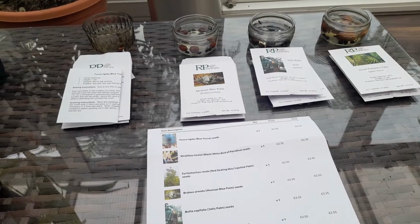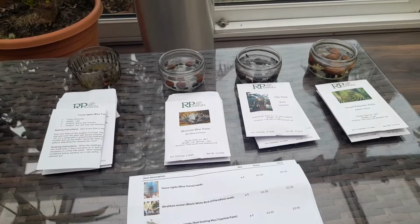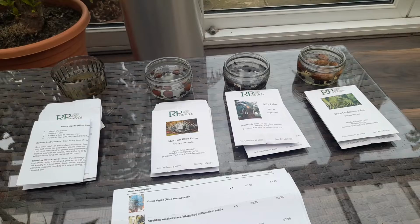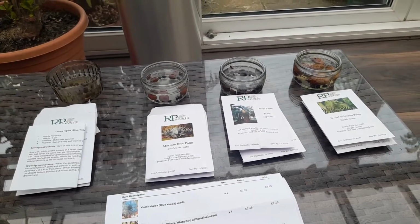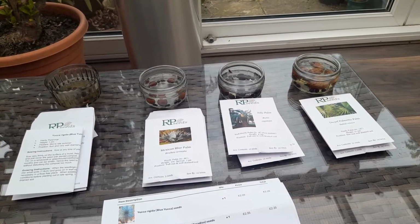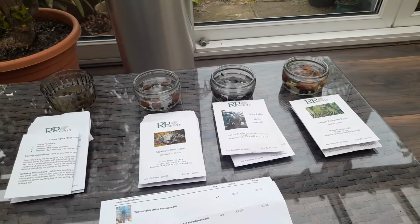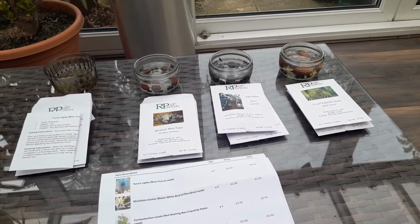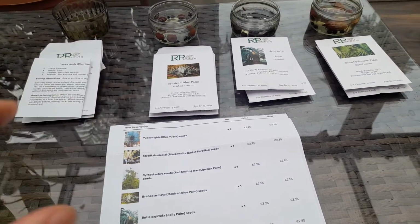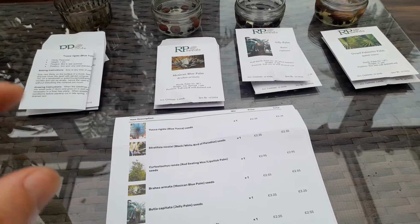I was looking in the greenhouse last week and I thought, over winter you cram all your plants in there to overwinter them. Spring everything starts off, it's quite busy in the greenhouse, but summertime, especially getting towards late summer, it does get really hot in there, so you want nothing but real true tropicals or stuff you really want to grow fast. So we've got some space in the greenhouse, so I thought I fancy growing some seeds. So these are mainly species I have tried before, some with luck, some not, but